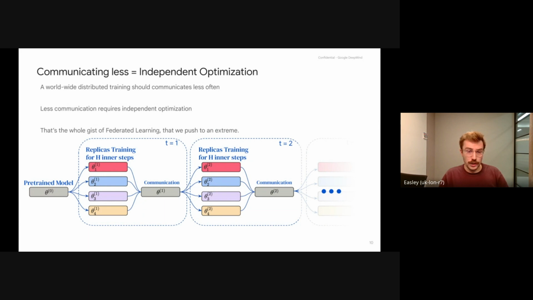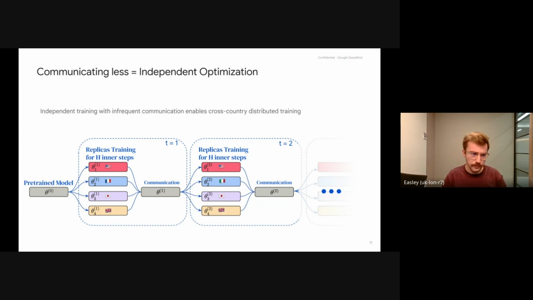In order to do that, we draw a lot of inspiration from the federated learning literature, however with a somewhat different setting, as we are more interested in a distributed setting, which is slightly different, and we push that to the extreme. So this independent training that I'm going to explain allows us to do infrequent optimization and cross-country distributed training.